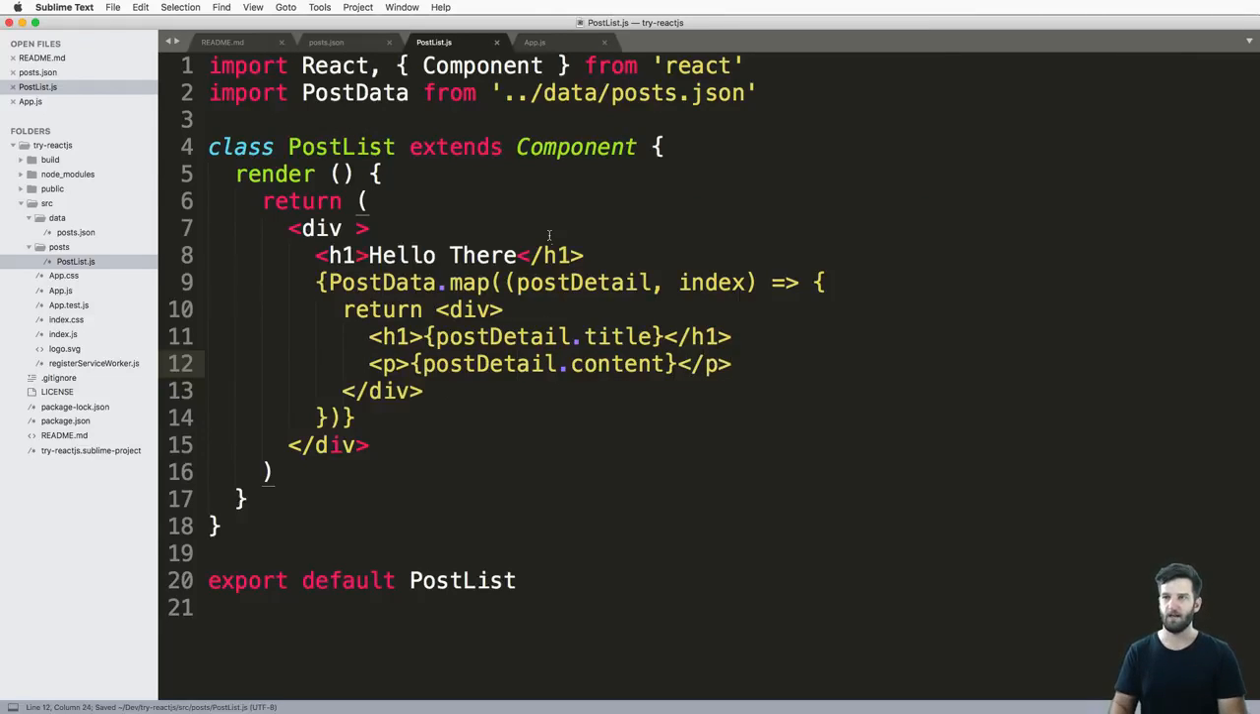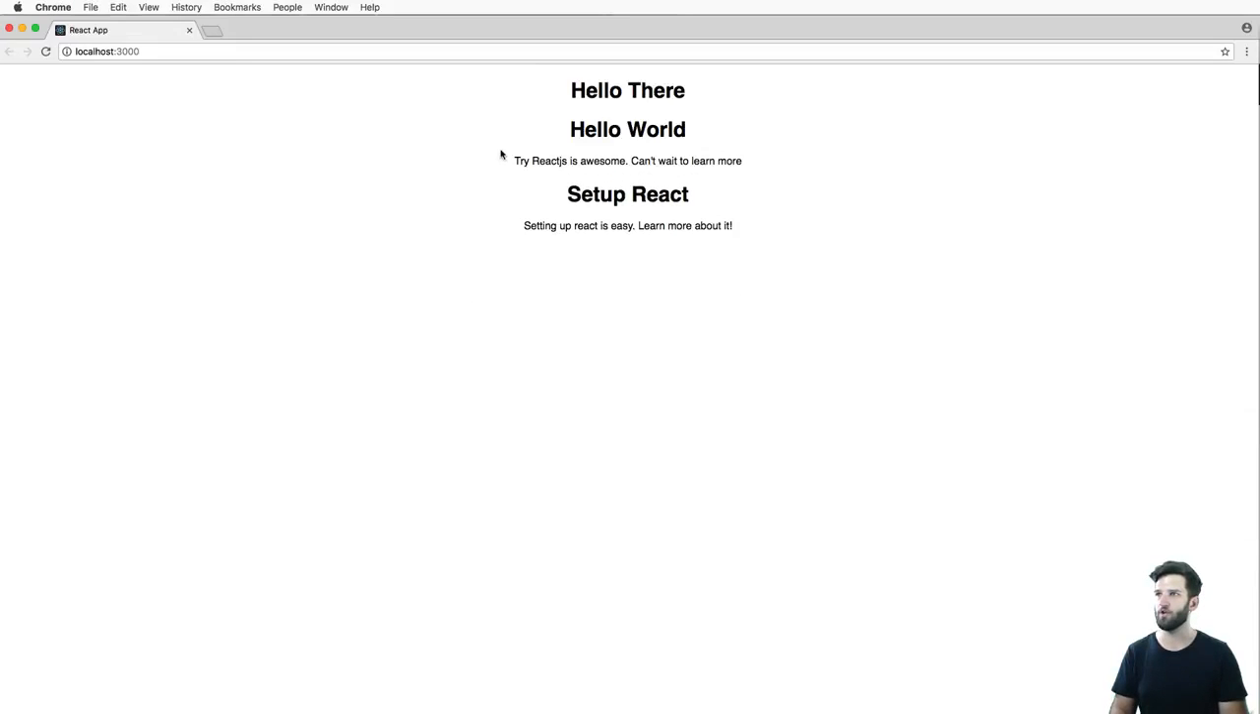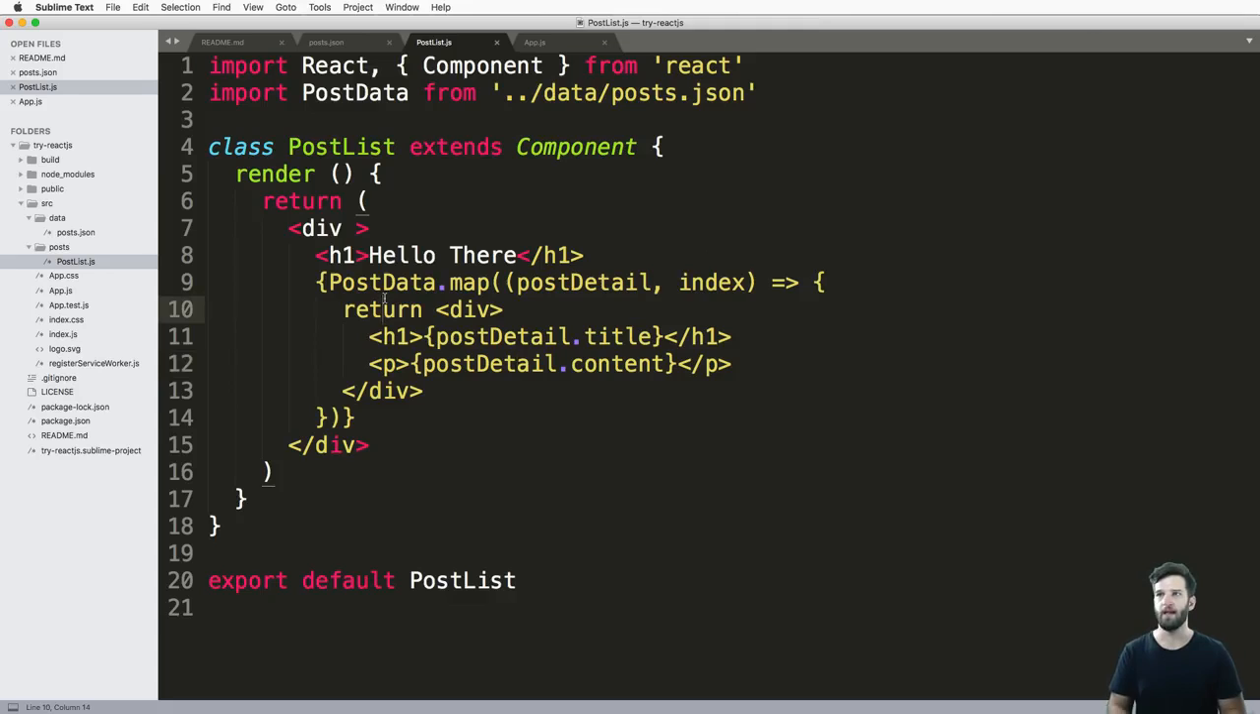We save that. Since npm run start is going, we can go back in, and what do you know? We now have some content in there. Very, very simple way to actually iterate through any sort of array, but also to more specifically iterate through a JSON